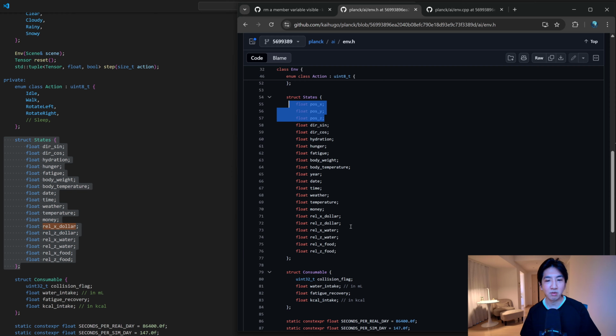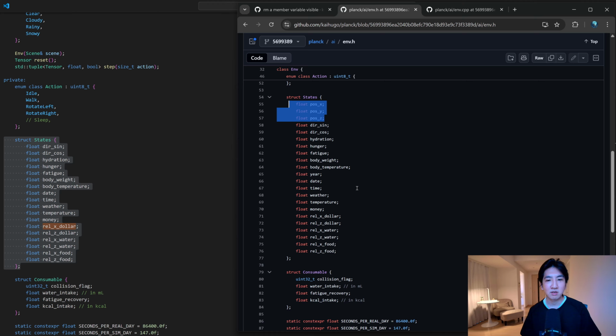So it would be 33 times 2, in total 66 inputs just to have relative positions, and that's just massive. So I've compressed by using nearest relative positions to the targets, and